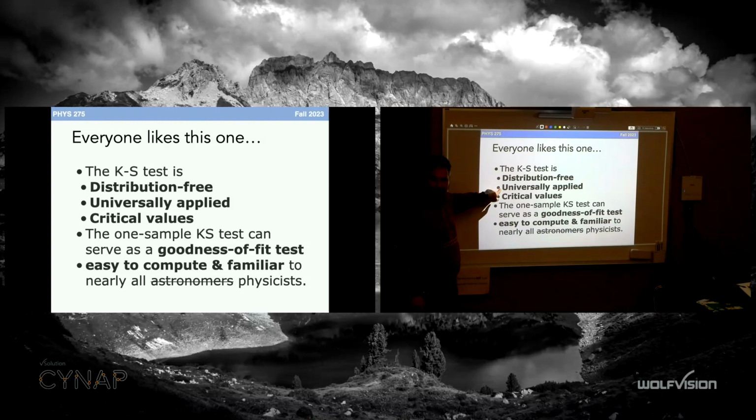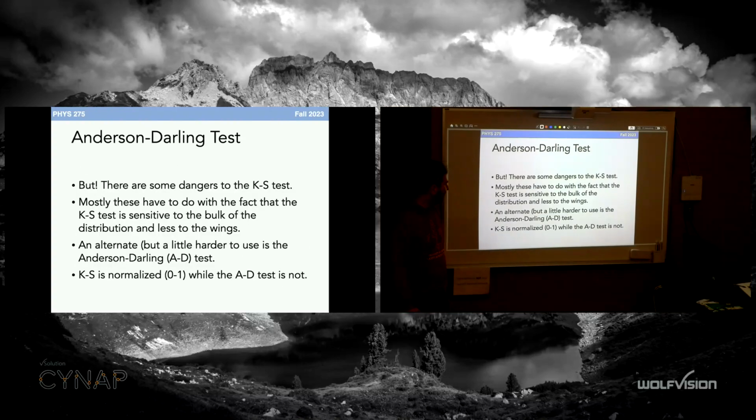It's universally applied. A lot of people know what the KS test is, even if they don't know what it stands for. It has critical values. So essentially, the value that comes out immediately tells you if it's a random happenstance, or it thinks it's a happenstance, if it's significant or not. So you can do it even as a goodness of fit test, and it's easy to compute and familiar to all astronomers, physicists. And so it's an easy thing that you can get, right? However,